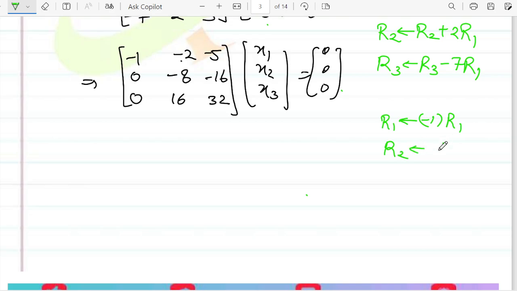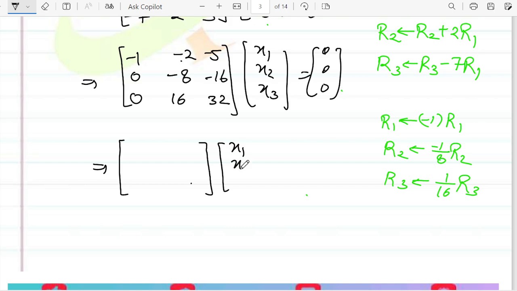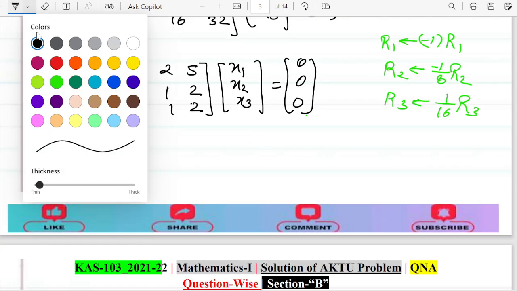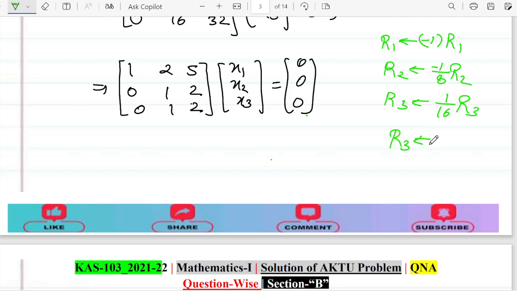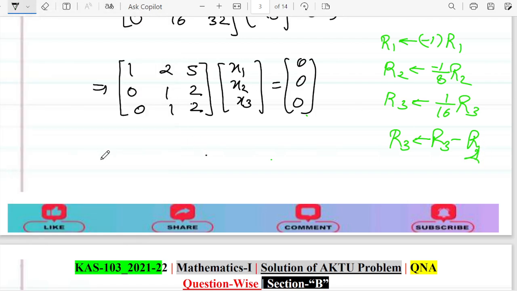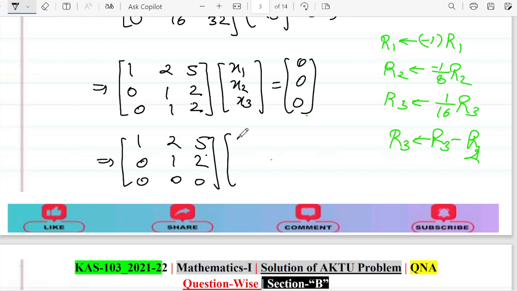R2 को रिप्लेस कर दो नेगेटिव 1/8 इंटू R2 एंड R3 को रिप्लेस कर दीजिए 1/16 इंटू R3. जैसे आप ये करेंगे तो आपका जो मैट्रिक्स है वो कैसे रिड्यूस हो जाएगा, दैट इज x1 x2 एंड x3, 1 2 3 0, राइट, दैट इज पॉजिटिव 1, इसको हटा देते हैं, कितना बन गया पॉजिटिव 1 2 एंड 5 दैट इज 0 1 2, 0 1 2 and so using R3 is replaced by R3 minus R2, sorry, that is अब क्या बन जाएगा 1 2 5, 0 1 2, 0 0 0, that is x1 x2 x3